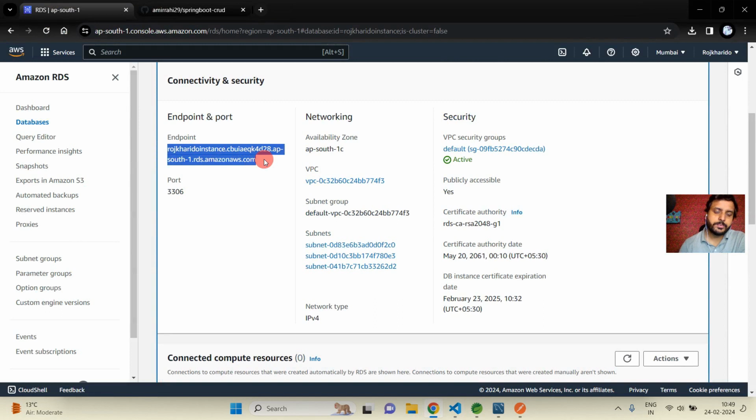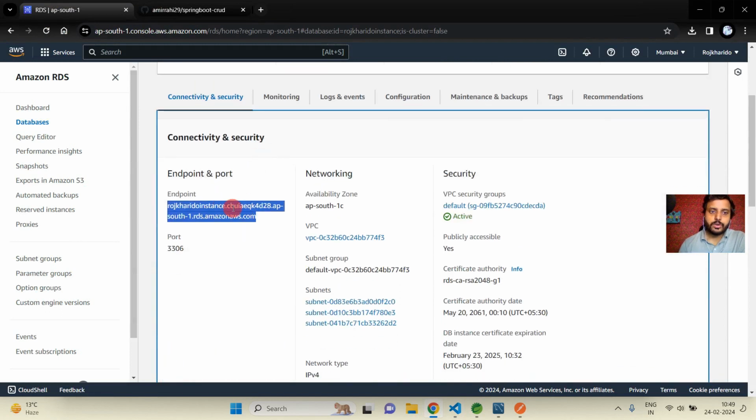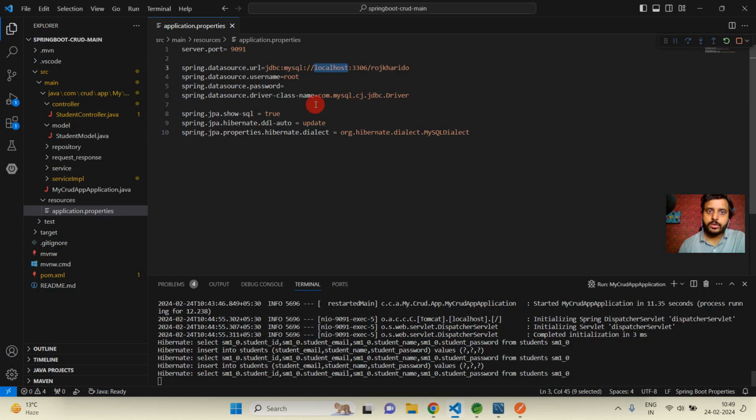So just copy this endpoint and then open your project. Instead of this localhost I am going to pass this URL. So you can see here this is the database URL, and the port number is 3306, and the username is root, and the password which we have added